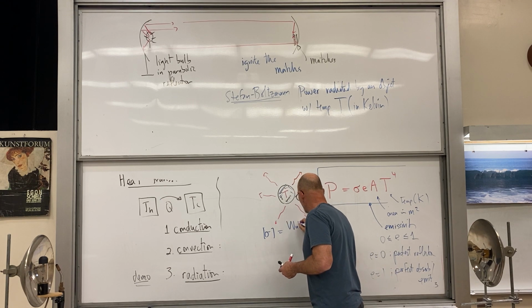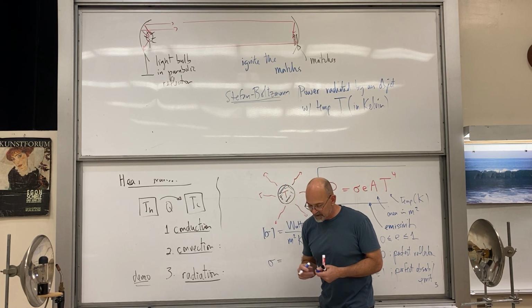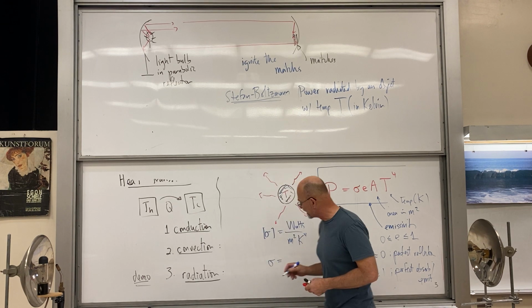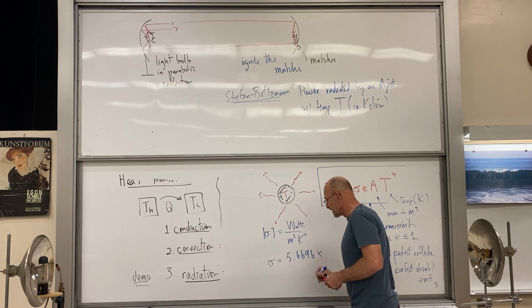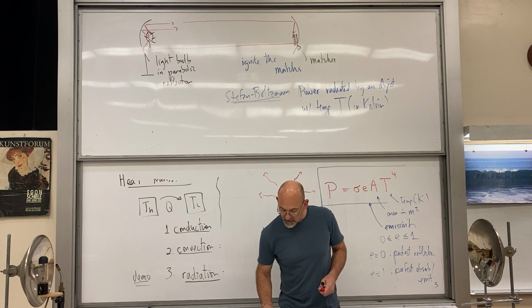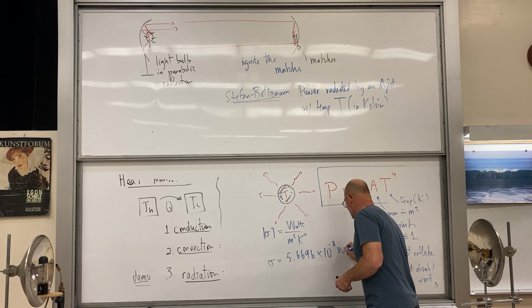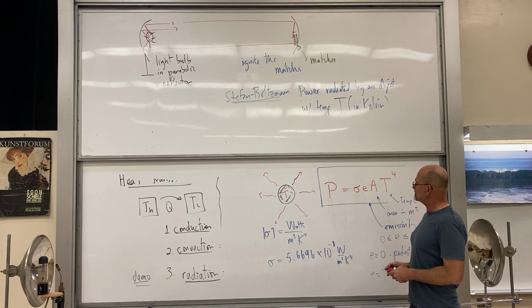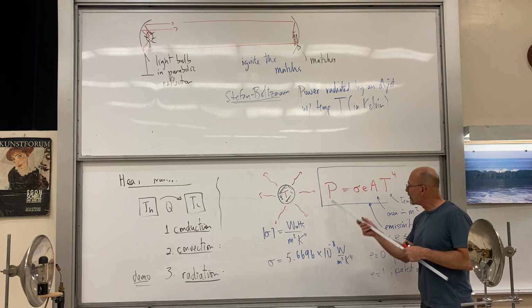So we have watts per meter squared Kelvin to the fourth. And the value of this thing, this is nothing to memorize, is 5.6696. The 696 gives you the idea that it's been very carefully measured, times 10 to the minus 8 watts per square meter Kelvin to the fourth. Okay, so far so good. This is how power is emitted